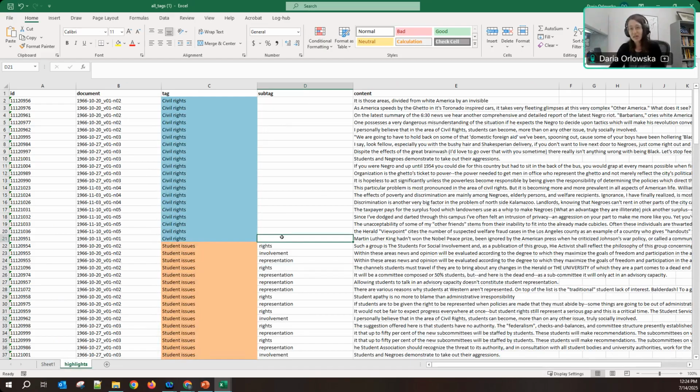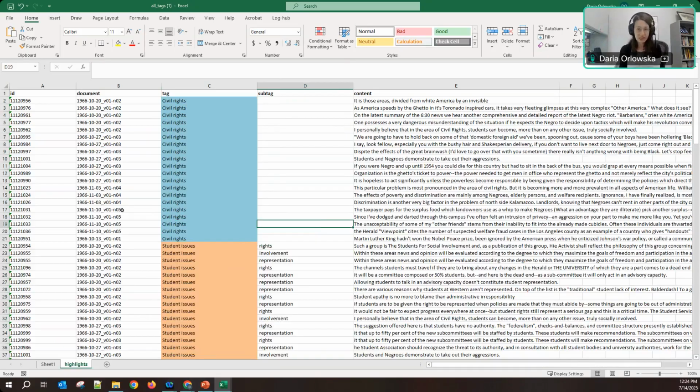It essentially does the same thing as a pivot table where it does a count. And it can be really powerful because maybe you want to tag civil rights and then have a subtag, right? So you could do that same thing with a pivot table. I'm not going to go through it anymore today. But those are some tools available for you.